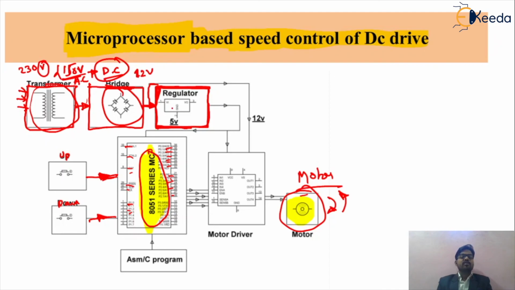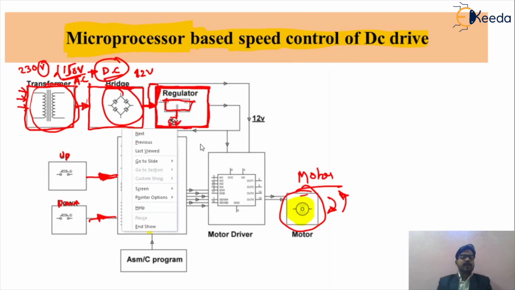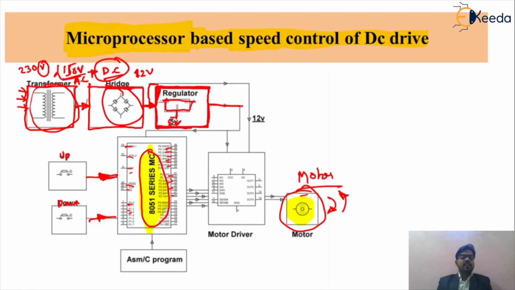By means of that particular regulator circuit, we can regulate the supply voltage, because sometimes we require a 5 volt supply for other types of microprocessor, or sometimes we give a 12 volt supply to the microprocessor. So we are giving the 5 volt supply to your microprocessor, that is the 8051, and we are giving the 12 volt supply required for your motor driver circuit. So friends, from that regulator circuit we are giving the supply to the microprocessor as well as the motor driver circuit. So this is the motor driver circuit.